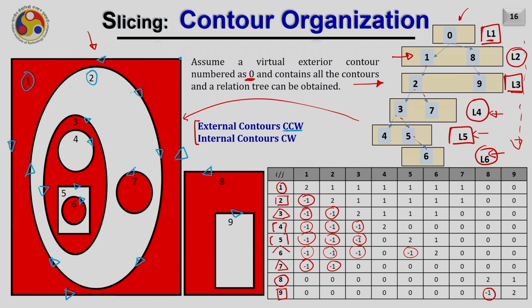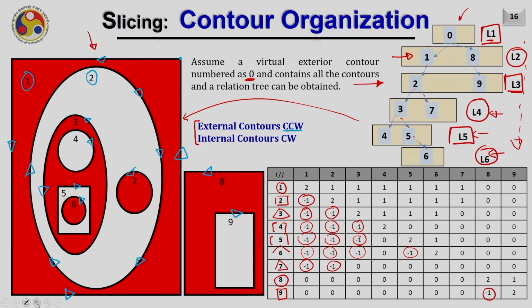Once we define all the contours in this manner, our data structure is ready, and now it becomes very easy to manipulate these contours further. I will show you another benefit of organizing these contours in this manner other than just identifying the region.